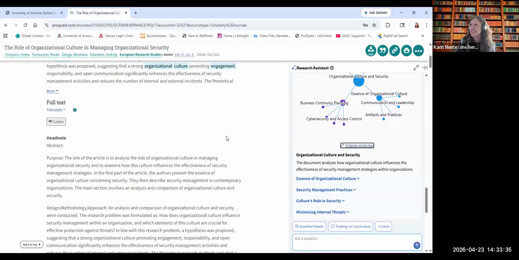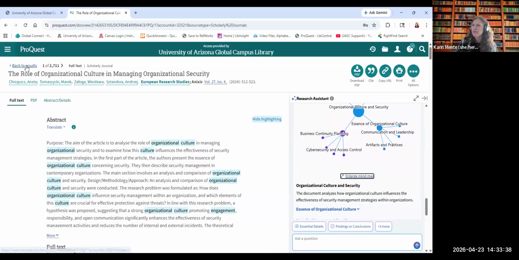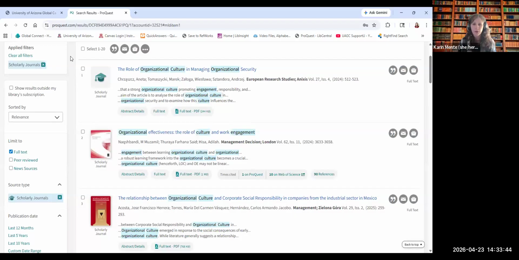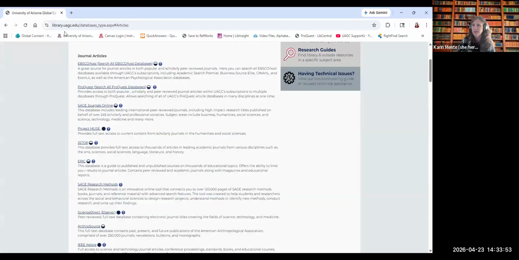So ProQuest is, like I said, another one of our biggest academic research databases, but they have another product, ProQuest eBook Central. And that's one of our biggest databases for ebooks.